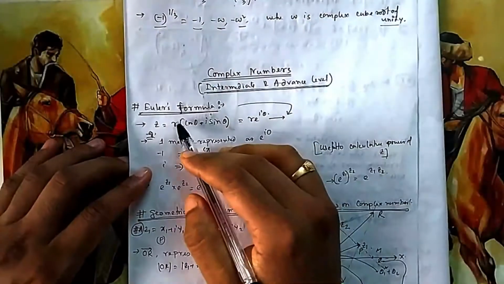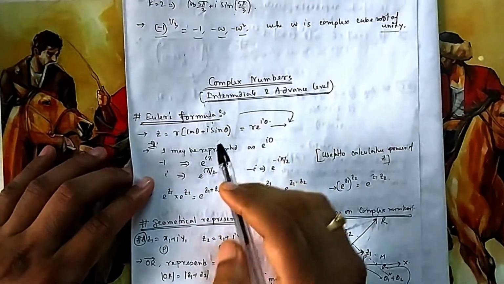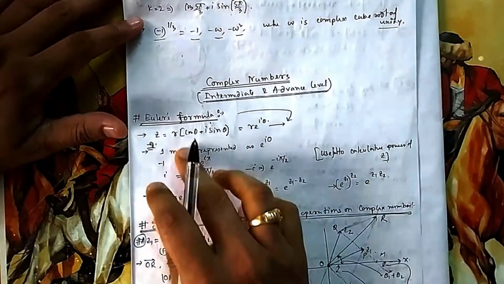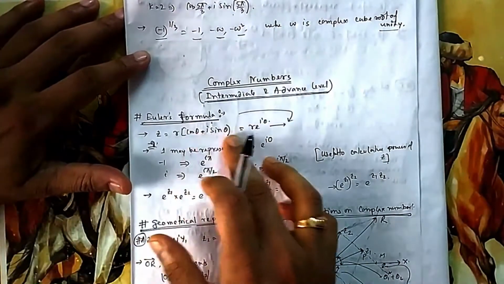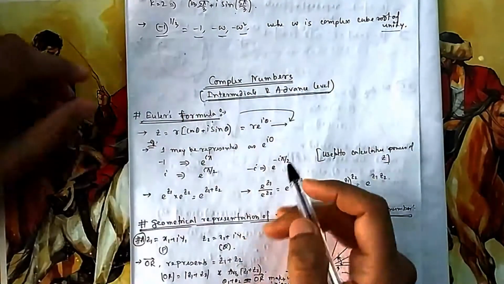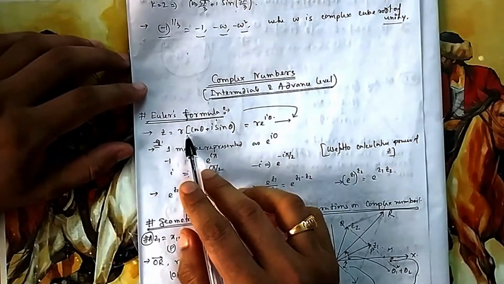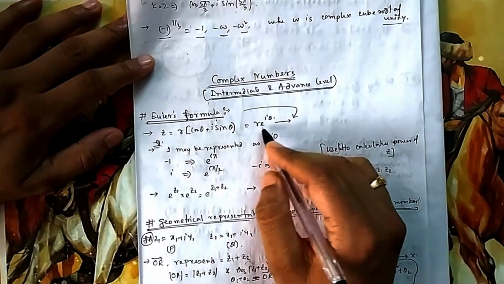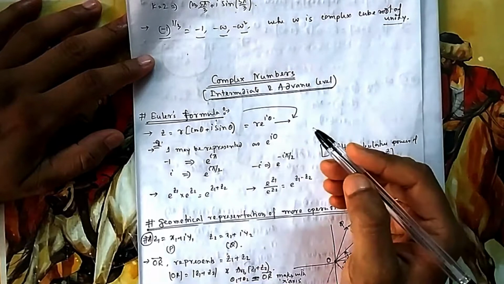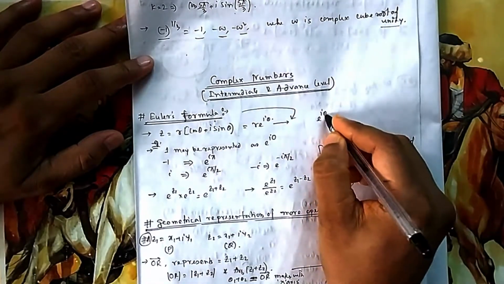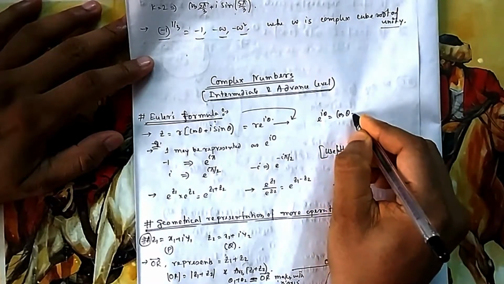The topic is Euler's formula. Here we can write a complex number in the exponential form. So it relates your complex number, Cartesian coordinate, polar coordinate into its exponential form. So a relation between all these functions. So z is equal to, if I write it in r cos theta plus i sin theta format, cis theta format, that in Euler's theorem can be written as r e to the power i theta. E to the power i theta is nothing but your cis theta. This is actually the Euler's theorem.